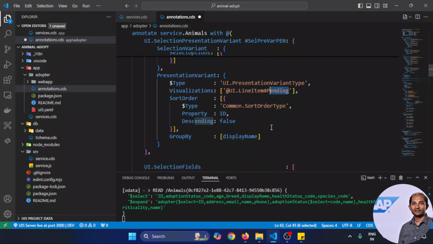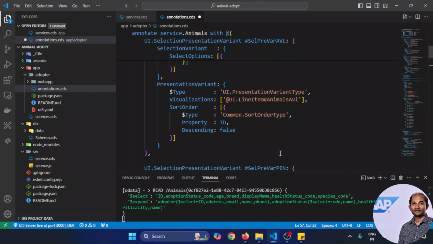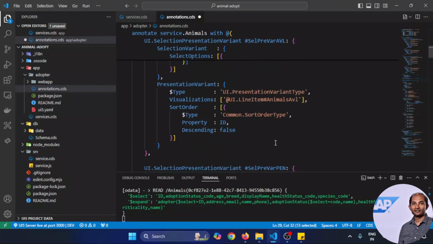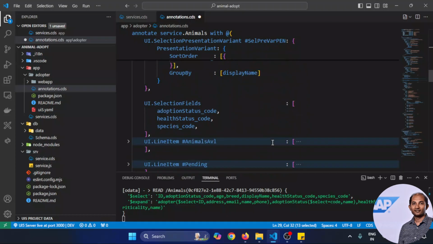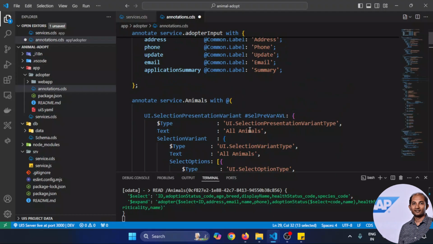So here I have the range option through which I can control the data filtration. I'm just filtering P equal to P, so that means it's all pending, and here it is low as equal to A, so that's why it's all available. So here I can put not equal to A, so that means other details it can show. So now what will be happening if I just render? Is this supposed to render? No, it will not. Okay, because this variant we have to hook up in our